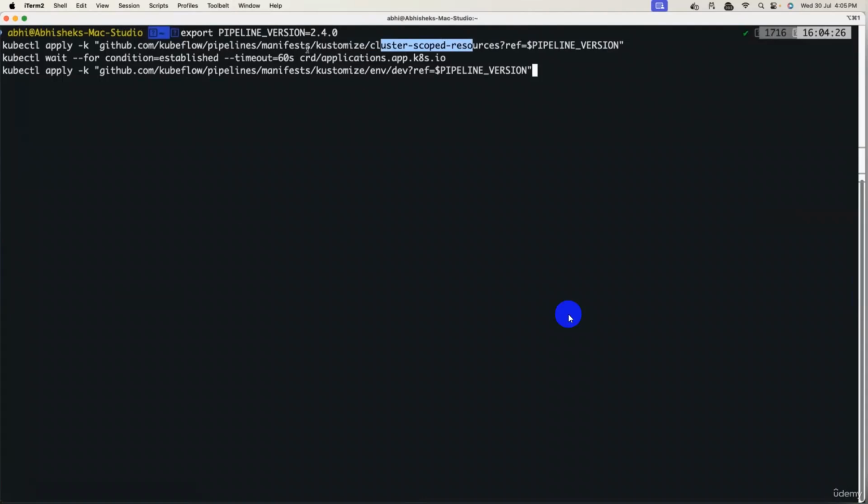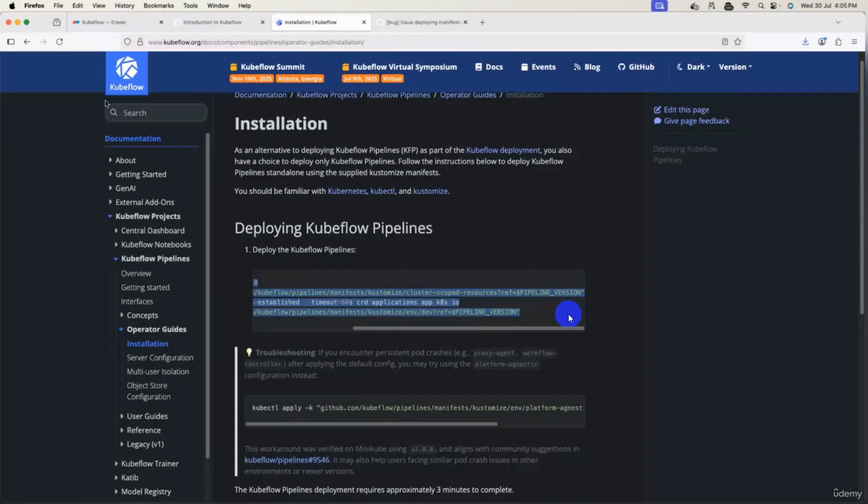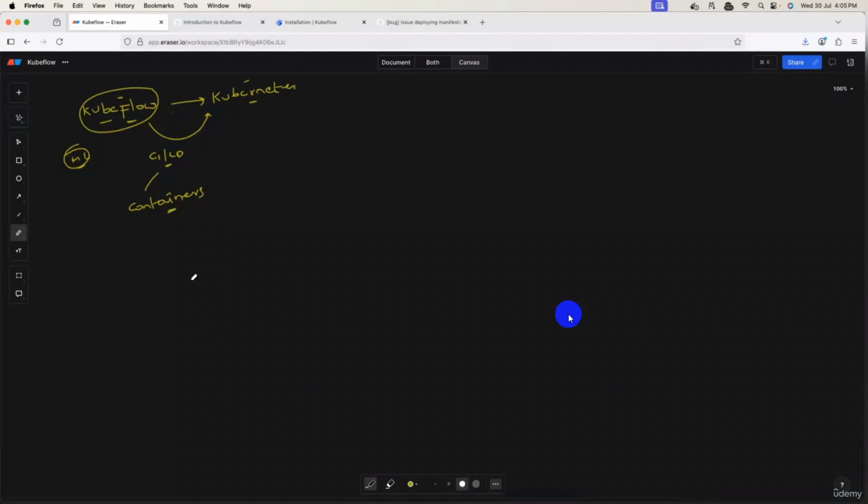So end of the day, you write a Python script, you load that Python script, and using the Kubeflow Python package, you compile that to a YAML file, right? So what exactly do we do with Kubeflow? First, we write a Python script, or developers, ML engineers write a Python script. Then there is a Python package called KFP, same thing, Kubeflow pipelines. So you install this using pip. What does this KFP do? KFP compiles your Python script to a YAML file, and this YAML file is submitted